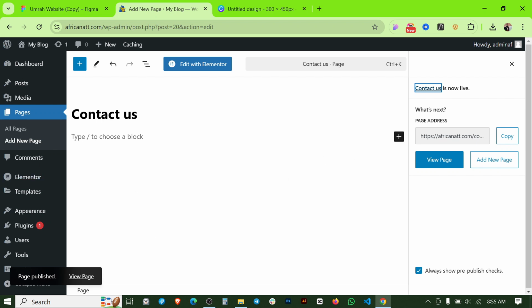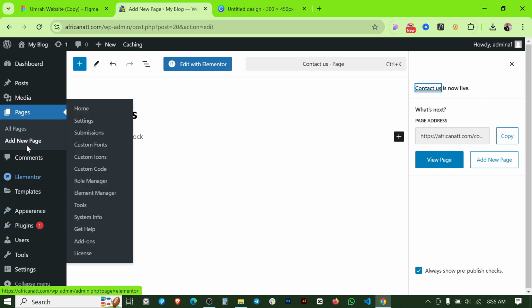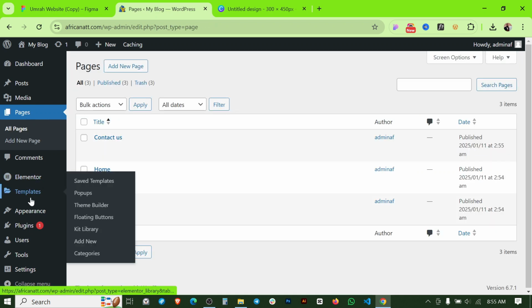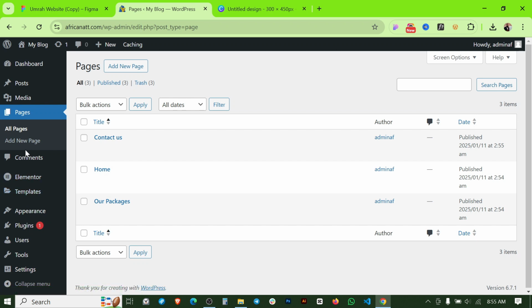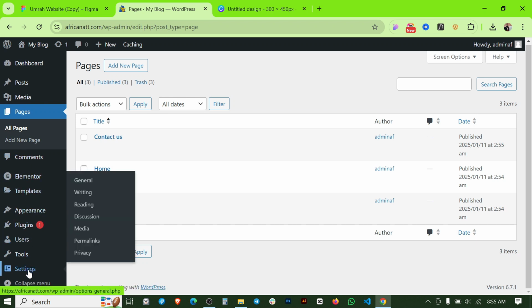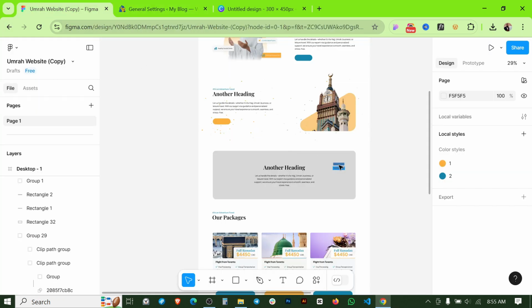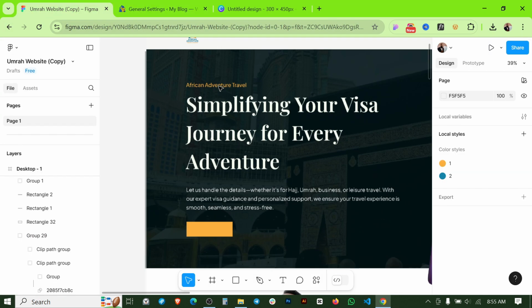Here we can begin with these three basic pages. We will create other pages later if we want. So now if I go back to the pages again, but first we have to make some other changes, and I'm going to the settings. From the settings here you can see we can rename our site. I'm going to rename it from